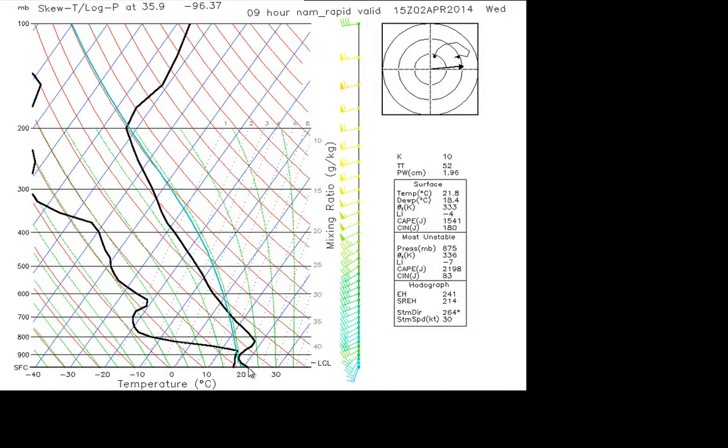So this black line starting here is saying the air is just above 20 degrees Celsius here. So the air is warmer here than it is, say, 5,000 feet above it. That means the air is going to rise in this column here. However, when we get to 700, 800 millibars, notice the air is warmer up here. So warm air rises, it runs into warmer air, it can't rise anymore. That's called a cap, meaning it's going to prevent thunderstorms from forming. Now, when you're looking at whether storms are going to form, the question is, will this cap blow off? I mean, will something move this air, and will this air get colder so the air continues to rise?